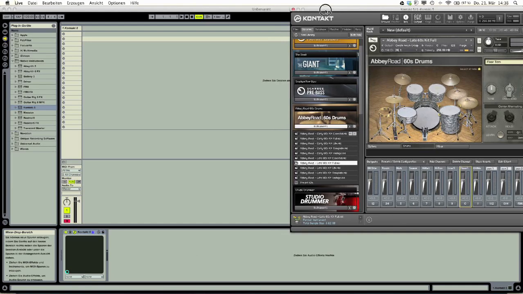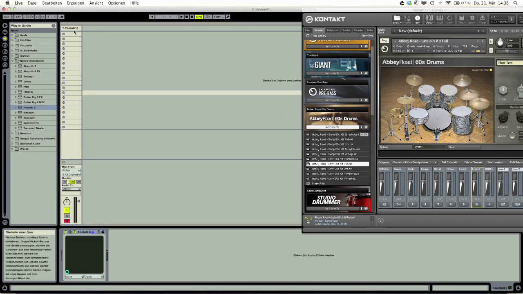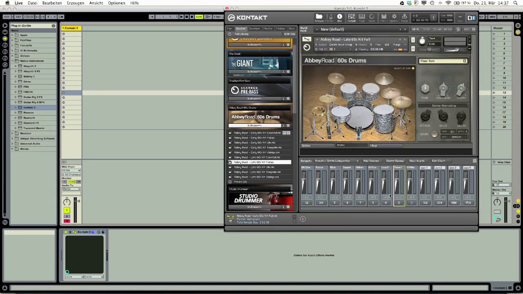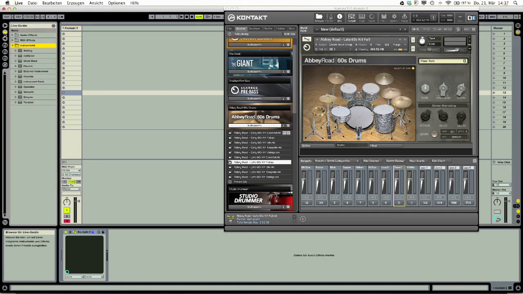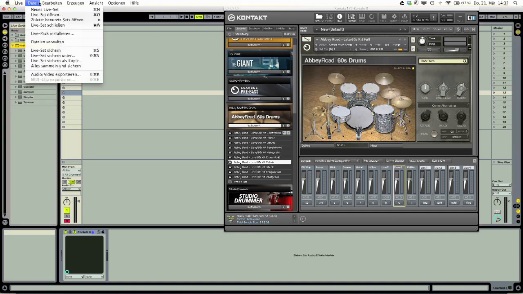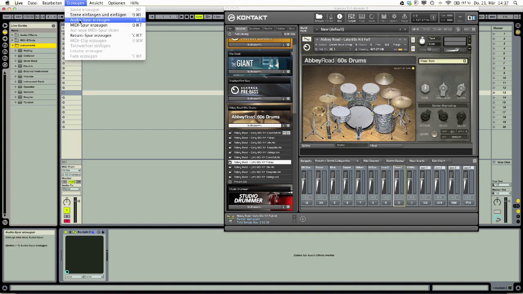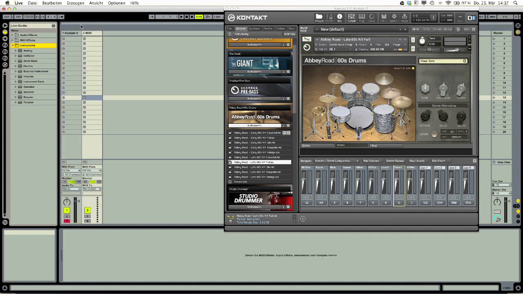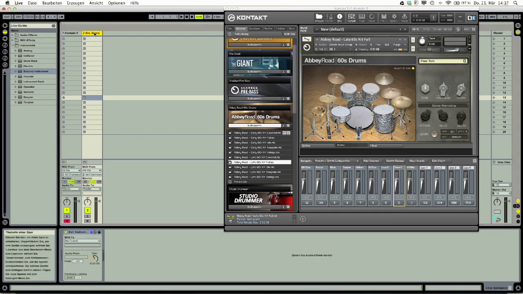Next step, we go to Ableton and create 11 new channels, including this one. So we have 10 new channels, which will be MIDI tracks, and then we need to add an external instrument to the MIDI channel, and now we can just duplicate them.